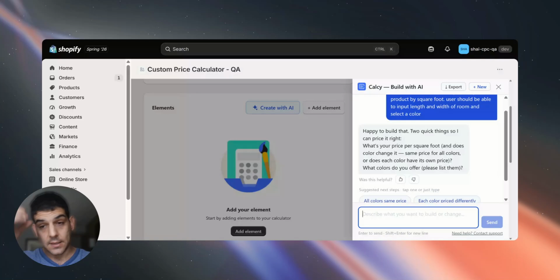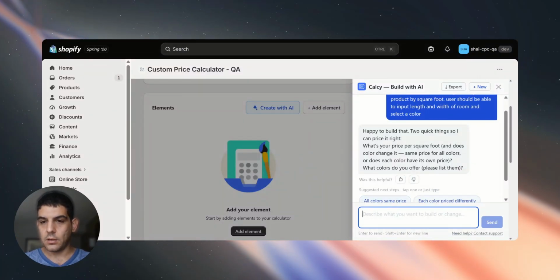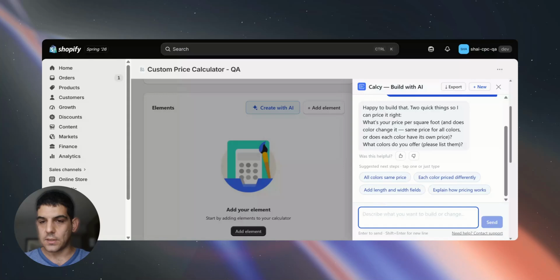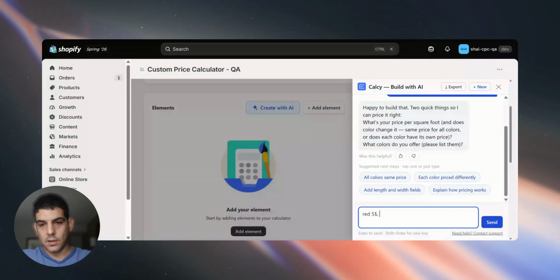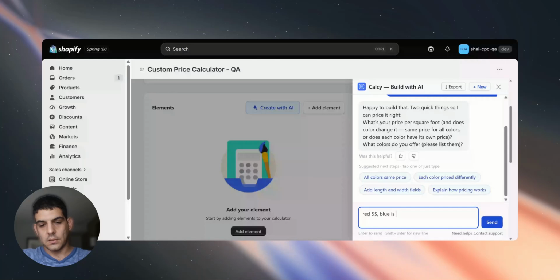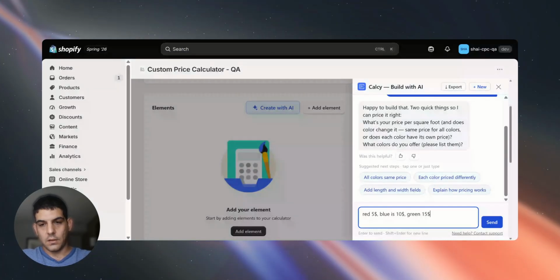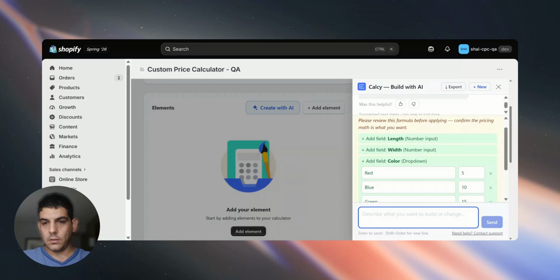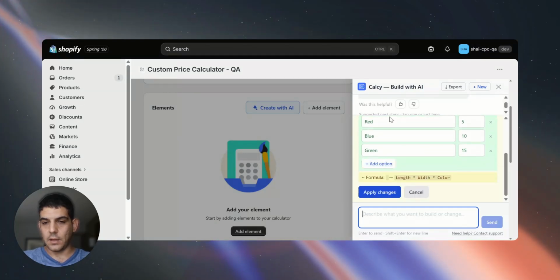So first of all, it's asking what's our price per square foot, and does it change by color, and what colors do we sell. So let's just say red is $5, blue is $10, and green $15. So now, after thinking, it has a proposal and it's asking if we want to add another option, but